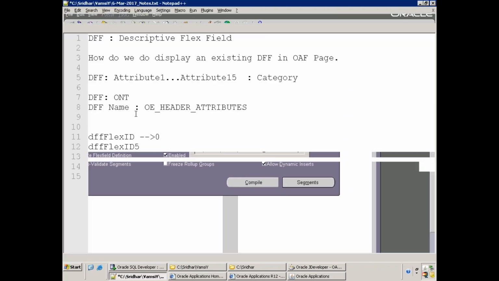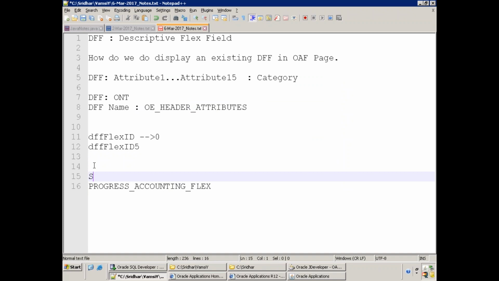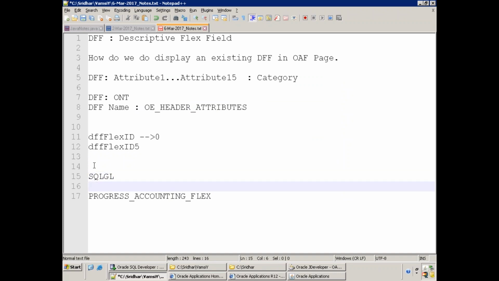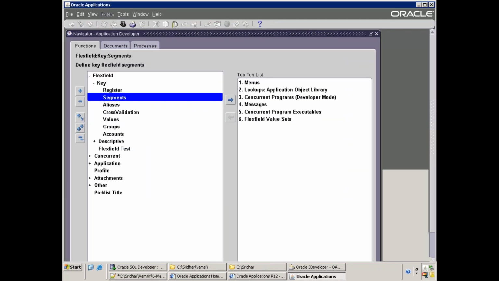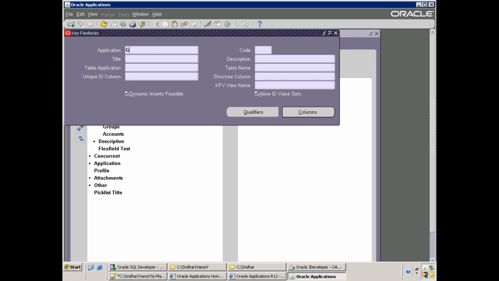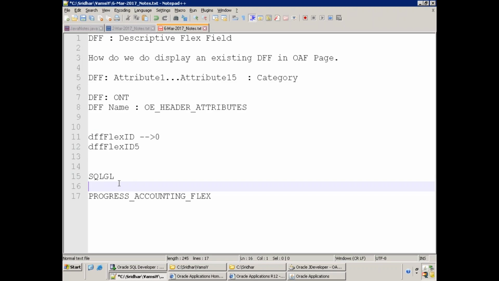And what is the application name? General ledger. So application short name is SQLGL. And we require the structure code. So this is just a FlexiField title, okay? So we just need to go to key FlexiField here. Now we need to get this code, okay? GL hash, this one. Okay. So this is quite a different one. Now go to the